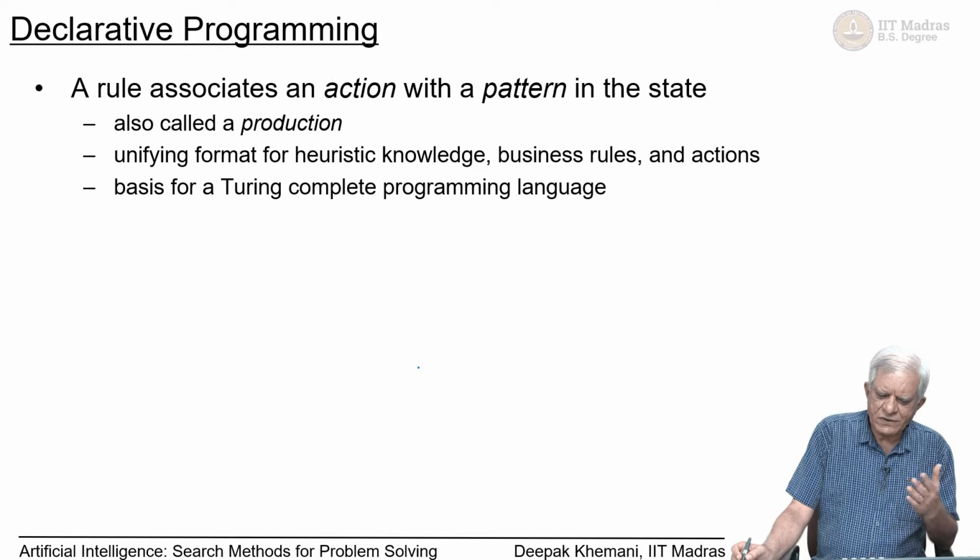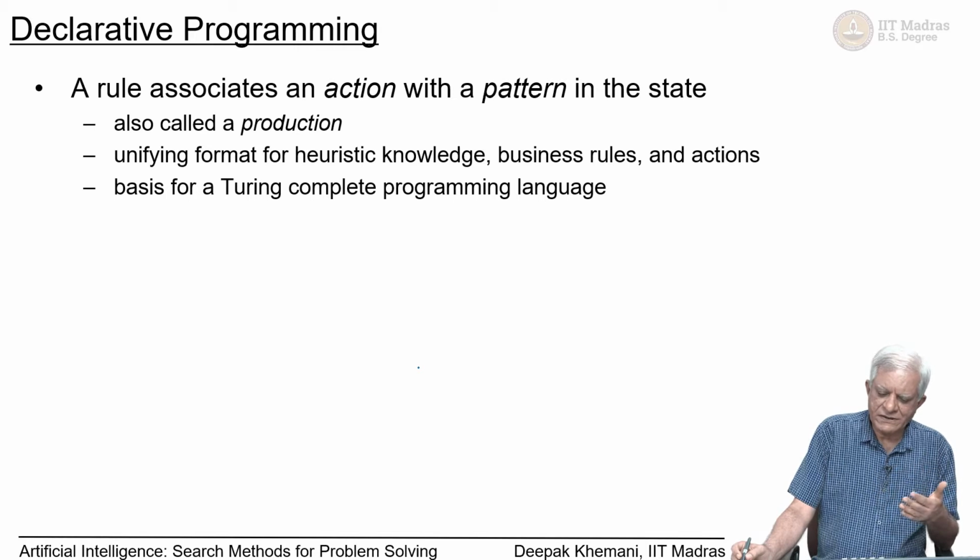And we see that a rule associates an action with a pattern in the state. The community also calls it a production. So, sometimes people call it a rule based production system. Unifying format for heuristic knowledge, business rules and actions. So, a rule can represent an action also, like in the planning operators pickup or something. It can also